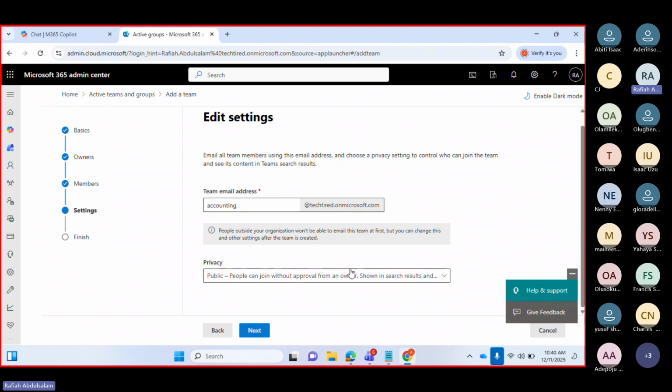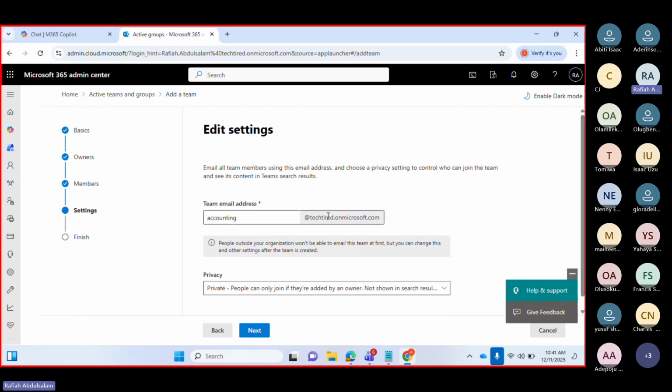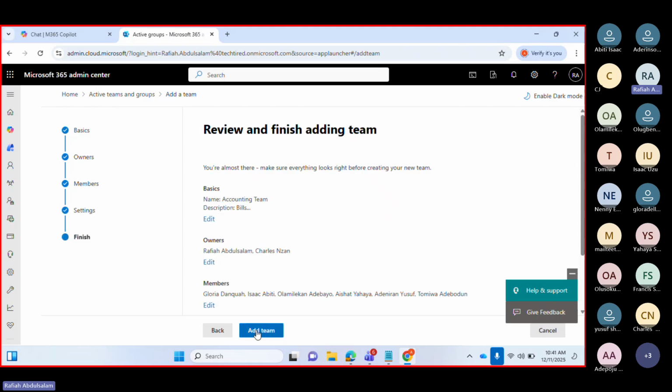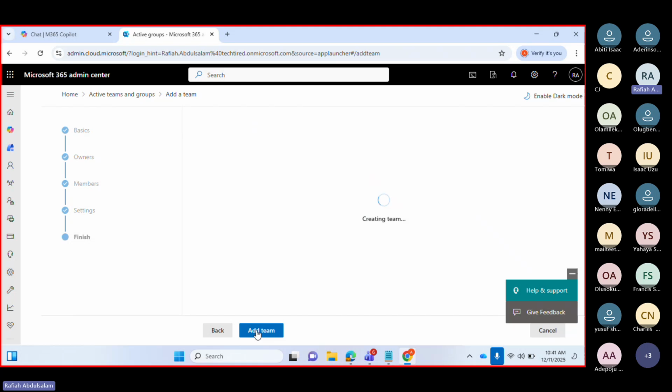privacy. Should this be a public team where people can join without approval from an owner, or should it be a private team? So a department like the accounting department cannot be made public. It has to be private, right? Due to the kind of information that's being handled there. So your HR department, your accounting department, so that should be private. You click next and we just have that team